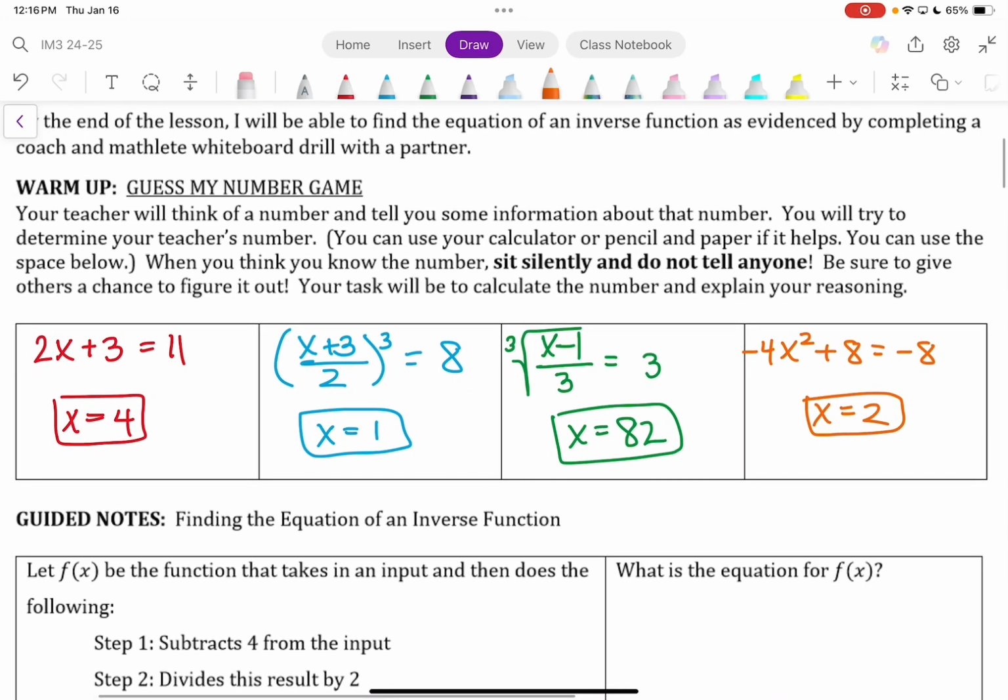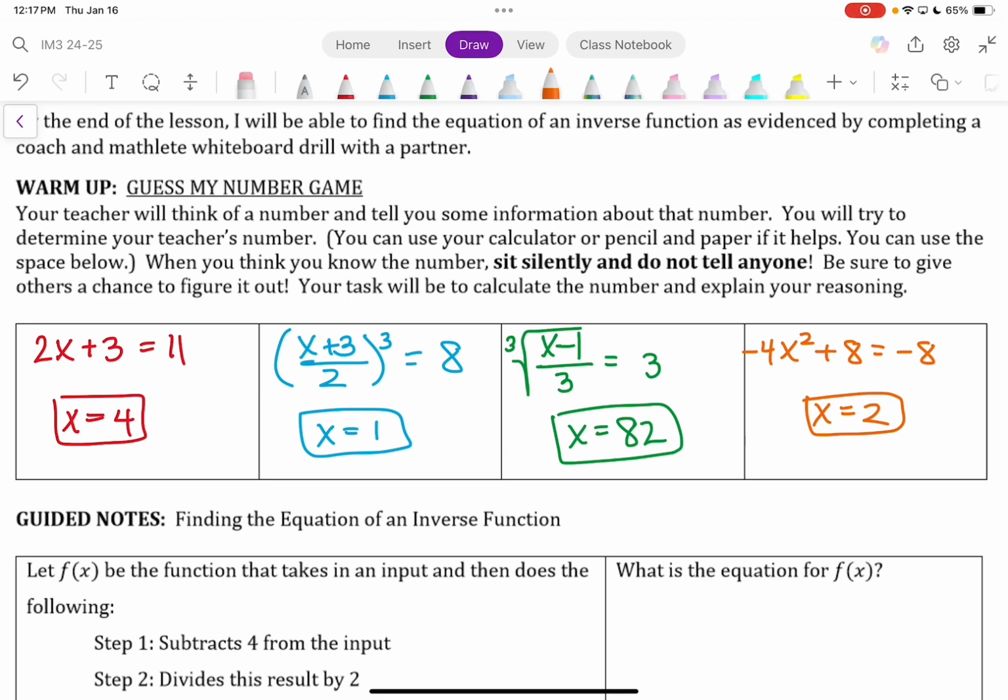I'm not sure what thought process each of you had, but there are multiple ways of trying to figure out what number I had in mind, right? You could have worked backwards, gone from the last step that I gave you. So if I said I multiplied by 2 and then I added 3, you're going to think of a number that when you subtract 3 and then divide by 2, you get back to what you started with, right? Because ultimately, I am giving you the answer. So I am giving you a way to work backwards,